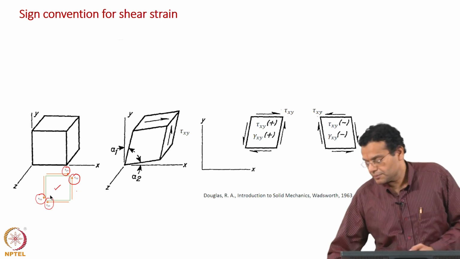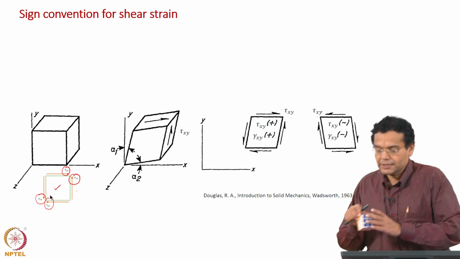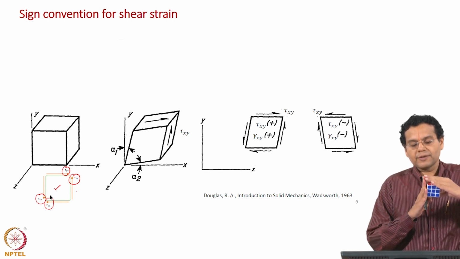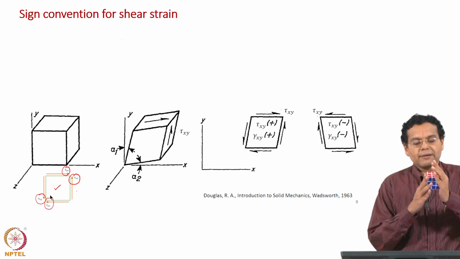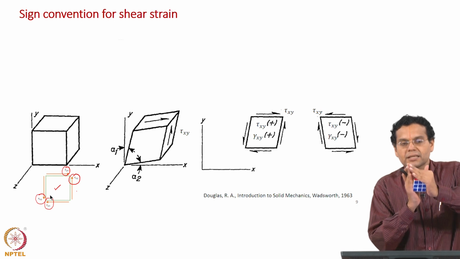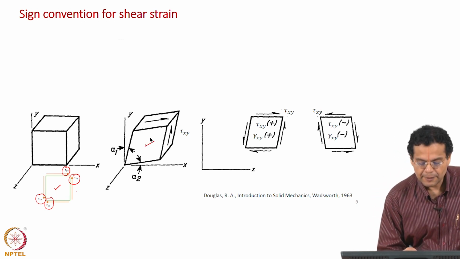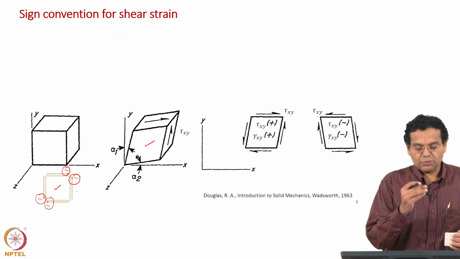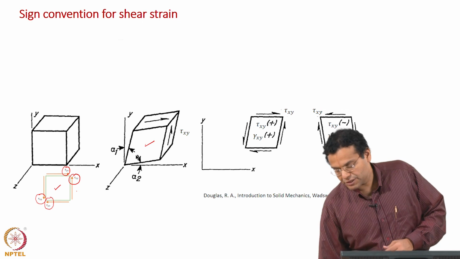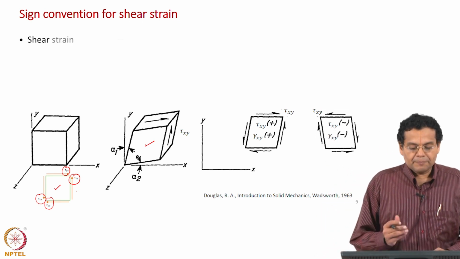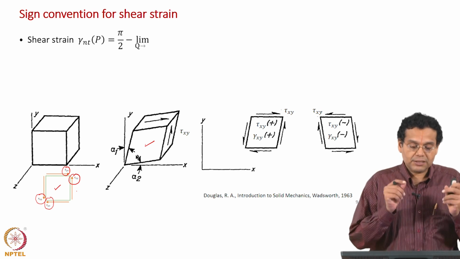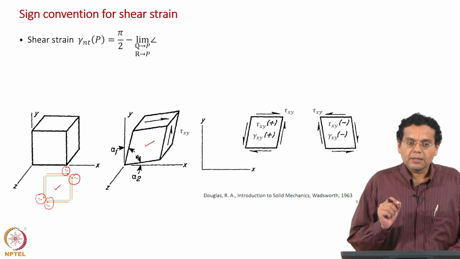What does it mean? If you take an object, the shear stresses, the forces, will act in this direction, and here they will act in this direction. What will happen? It will make the object shear in this way, that is what is shown here, which means the angle which was originally 90 degrees will now decrease, and we know from the definition of shear strain that a decrease in angle results in a positive shear strain. So, positive shear stress results in a positive shear strain.